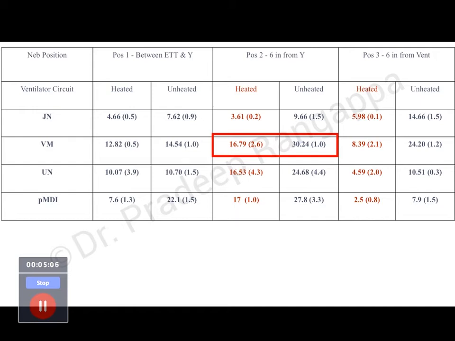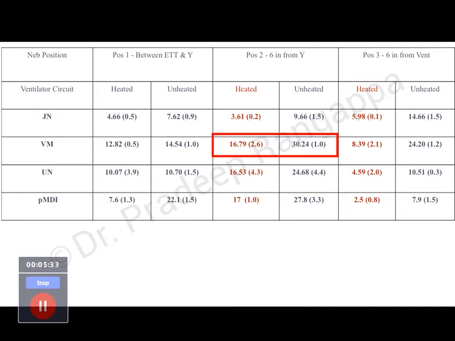And if you are using jet nebulization, you can see all these are in percentages. Just for your understanding, only 30.24 percent was deposited in this. But if you see the jet nebulization, it's all in single digits. So after the end of my talk, your whole numbers will figure between 15% to maximum 25%. That's all we are looking at, deposition in the lungs. And if you are using jet, pretty much it is all in single digits.